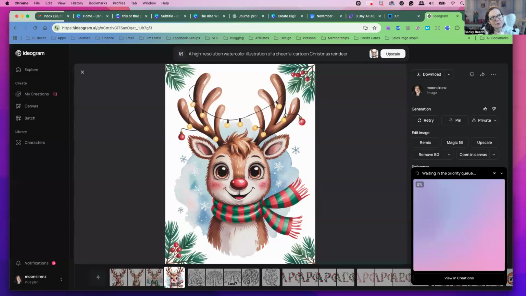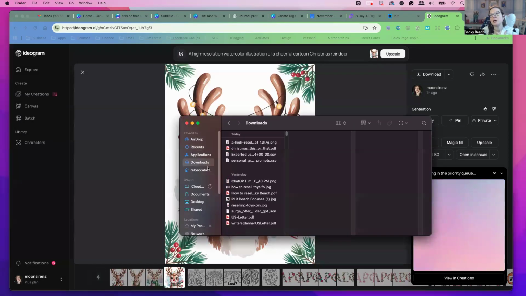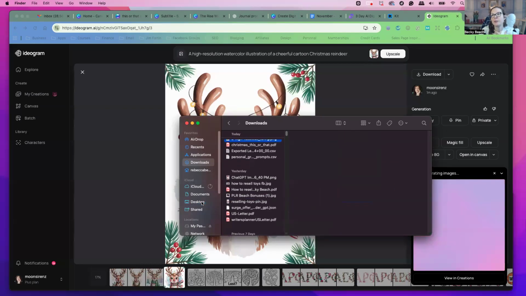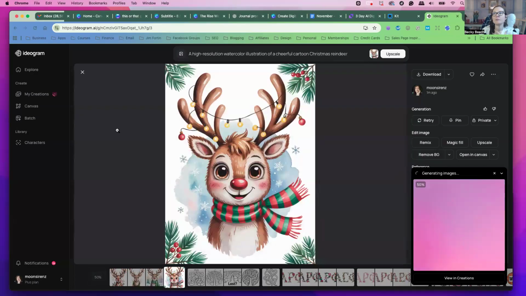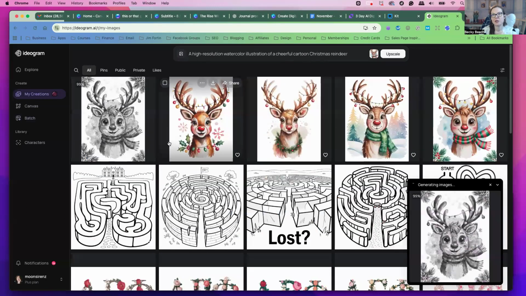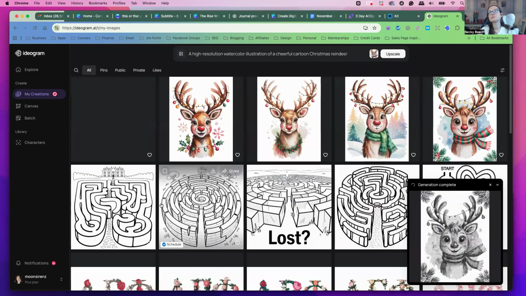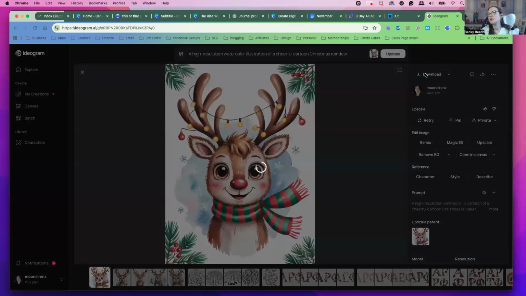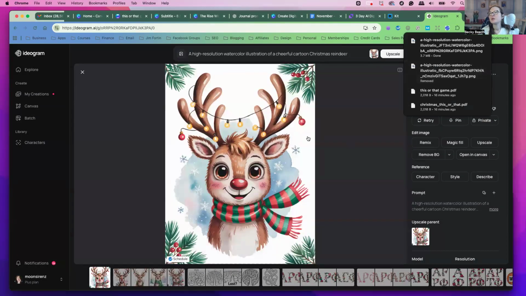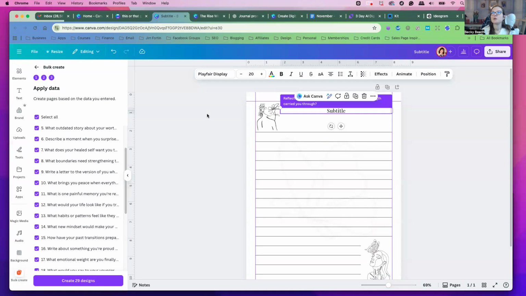But I can also upscale it. So you can either upscale it in here, or you could just search image resizer, using a search engine. I think it's doing the upscaling right now, so it will get it bigger. Oh, good. So now it's a lot bigger and it's better for print. So we can download it and then open it in Canva and make it print quality.